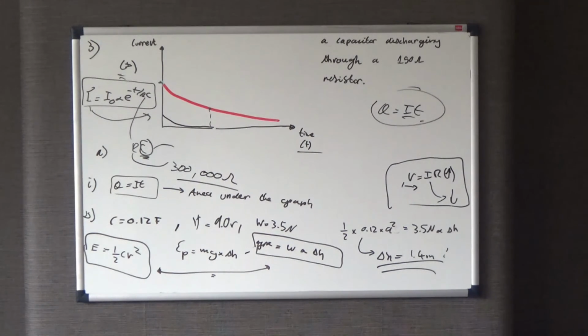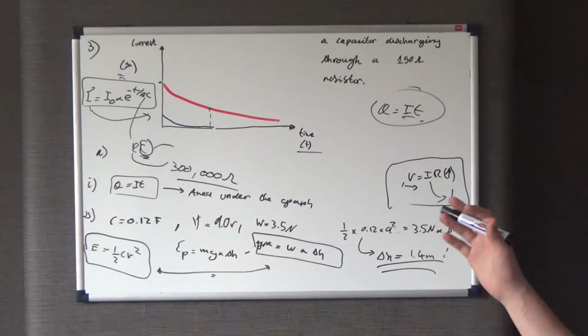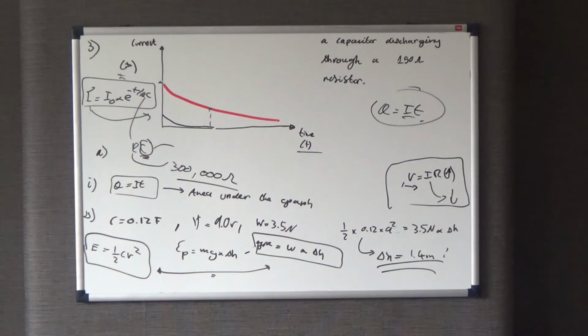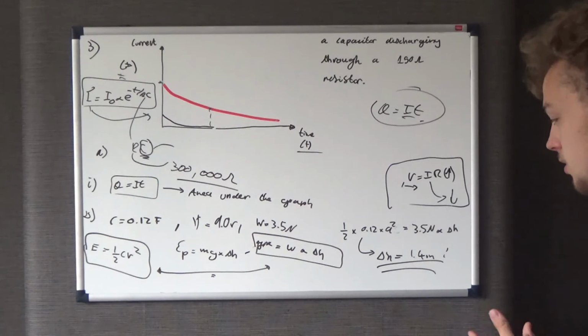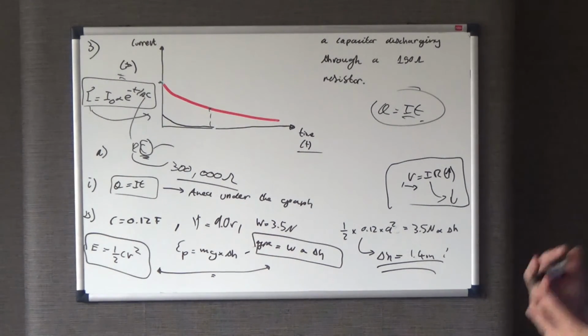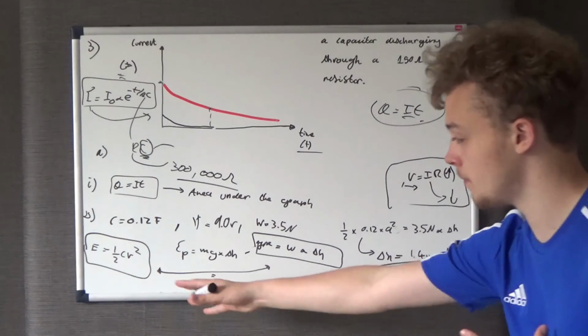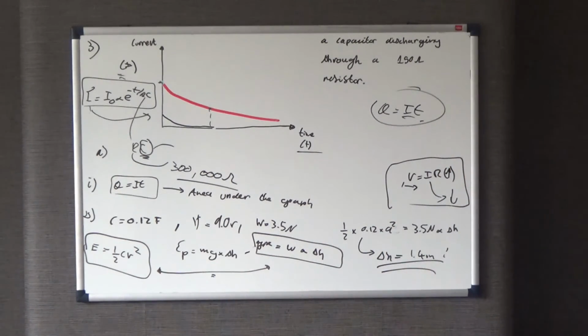3B part 2 was the last little bit of 3, and it's kind of explaining why this would not be the case. This is a maximum height it could reach, but basically 3B part 2 is saying why it would not reach that height. Now there are two reasons. So they're both obviously to do with energy loss. In other words, not all the energy is transferred from this to the gravitational. However, that sounds like there's only one reason there. Well, that's correct. However,